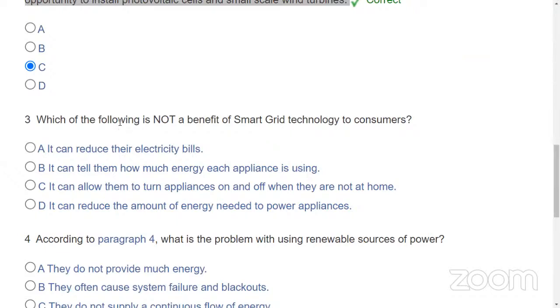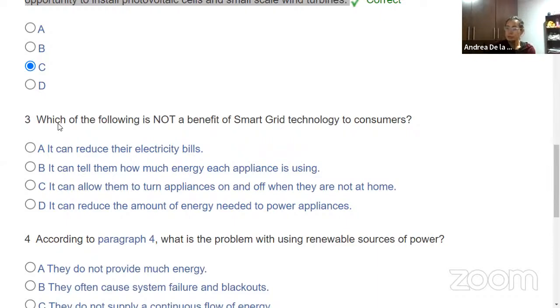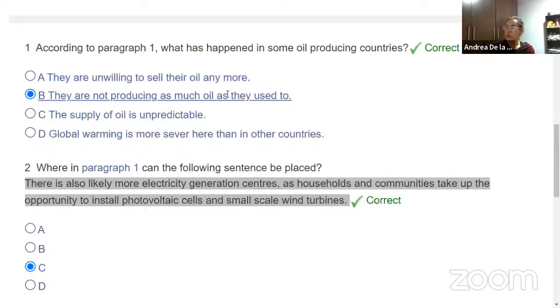Second. Okay, good. You should know that because when you read in the beginning, that's what you did, right? You identify what part each paragraph was about. So they're asking for what is not a benefit of this technology to consumers. In order to find the one that's not, you first have to eliminate the ones that are benefits to consumers, and you need 3 of them. So you go back to the paragraph,